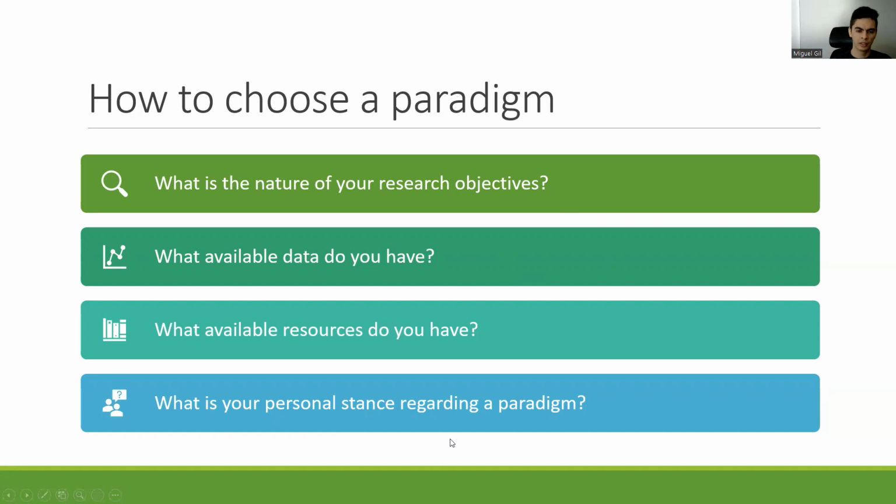Are you really feeling comfortable there? Because it's very important that you feel comfortable. Again, try to be neutral, try to narrow it down to your research. Like, I am assuming this for my research, not that everything is this, it's just my research. But in the end, your personal stance is important. And not only your personal stance, also your group, if you are doing this in a group, or even your supervisor. So be careful on that. But in the end, the more important thing is, what is the nature of your research objective? But then reflect on these three things, because maybe these three things will change the objective of your research.